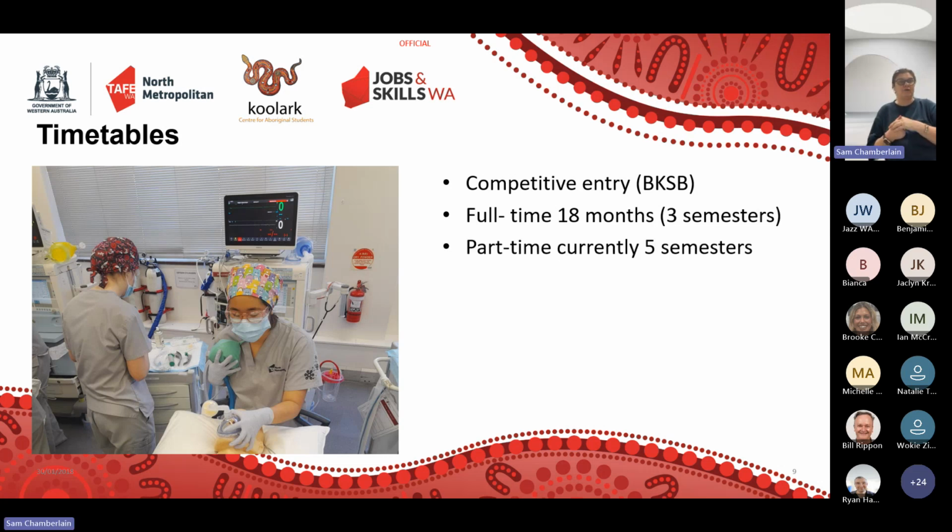The part-time model currently runs over 5 semesters. The stream of units are very, very similar, and by stage 3 are part-time and full-time combined together. So the last 6 months are pretty intense for all, and that's just how, as Ryan said, the course works with regard to placement and the